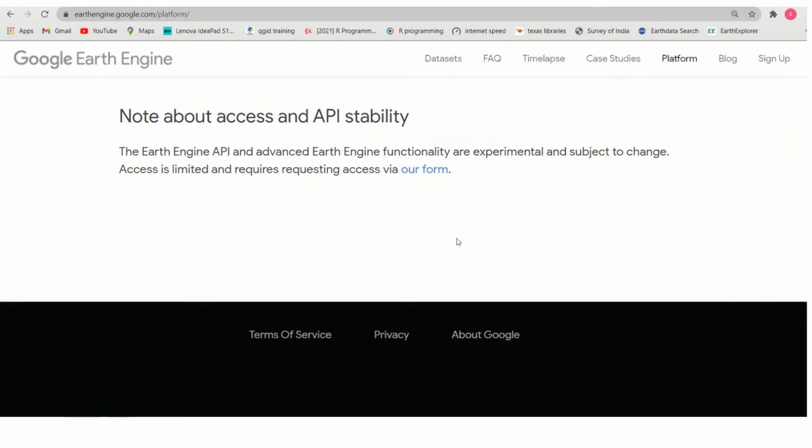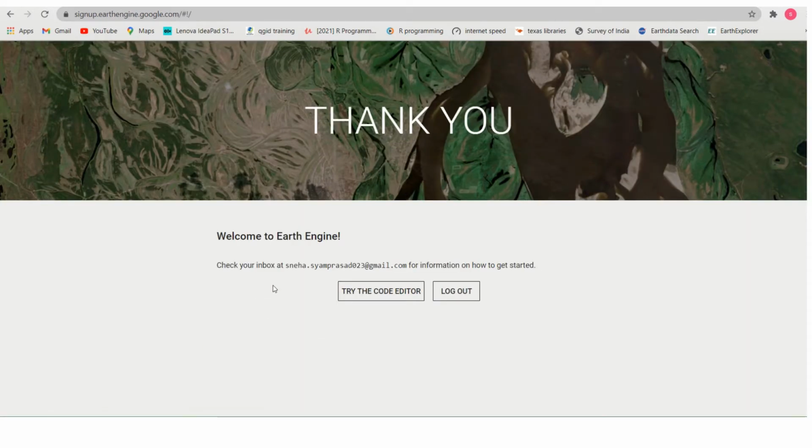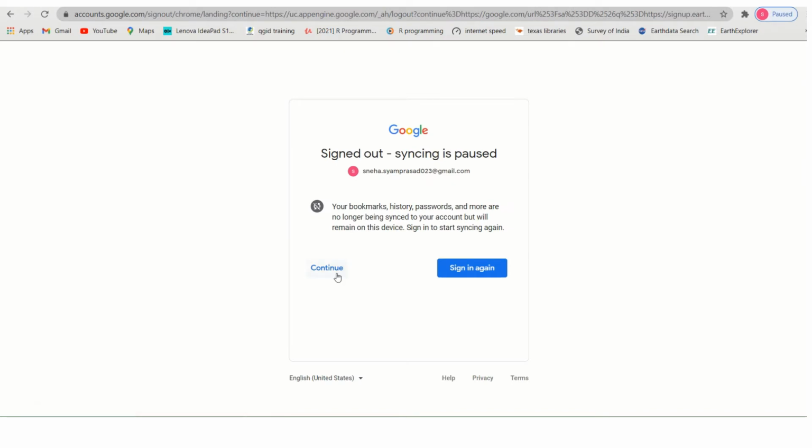After coming to this page, the first thing you have to do is sign up. You can see here I have already signed into my Google account. If you are a new user, I'll show you by logging out. This Google account is very important because we are working on a cloud-based system.